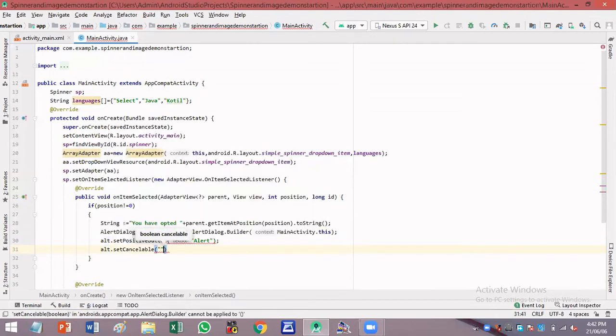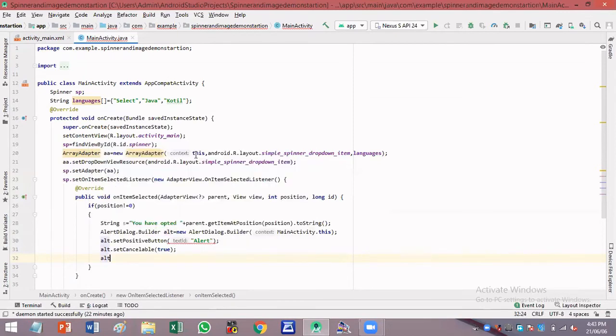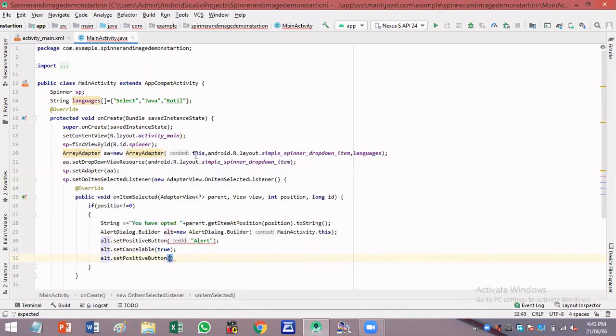Here I'll be setting it to true. Sorry, not within double quotes. Directly you will write true. True is a Boolean constant here. True and false are Boolean constants. And next, you will be setting the alert dot setPositiveButton with a message.